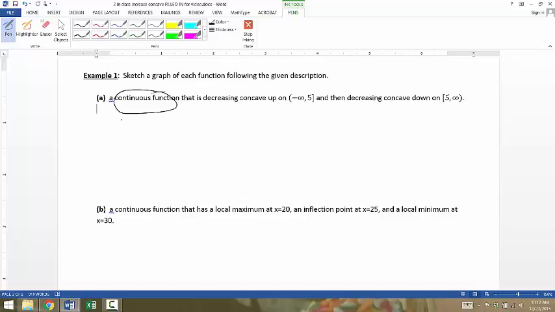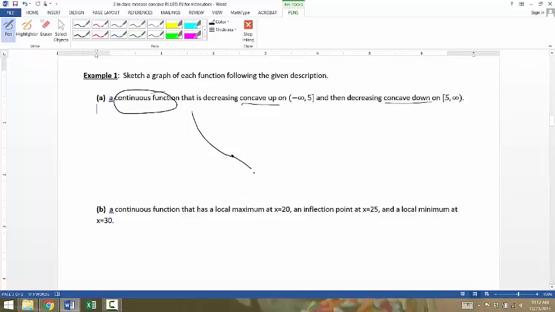So it says our continuous function is decreasing concave up from negative infinity up to 5, and then decreasing concave down from 5 to infinity. So it's decreasing the whole way through. So as I draw this graph, it should only be going down. First concave up, then concave down. So let's see. Concave up, decreasing,